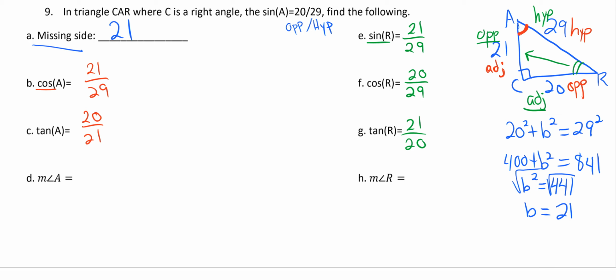So now these last two want us to find the actual measures of those angles A and R. If you guys remember how to do that, to find the measure of an angle, all you do is set up a trig function, which we have a bunch of them here. So we just got to pick one. It doesn't matter which one you use. Let's use the tangent since it's the closest one. We'll say the tangent of A is 20 over 21. So to solve for the angle, we have to get rid of the tangent by doing the inverse tangent. So we're going to say A is equal to the inverse tangent of 20 over 21, which now is just